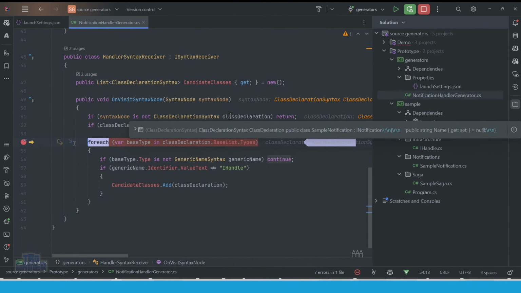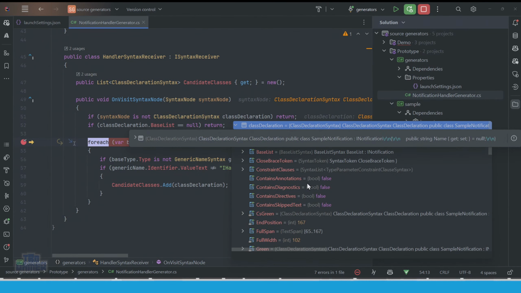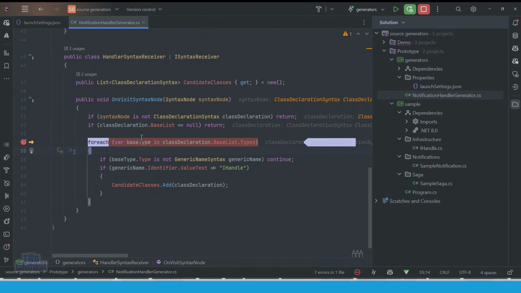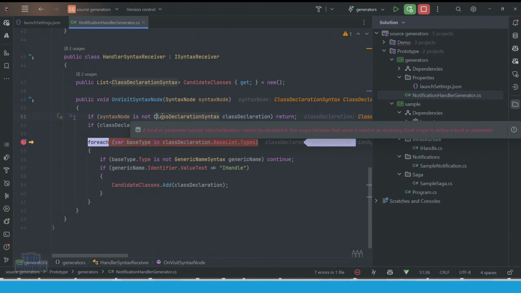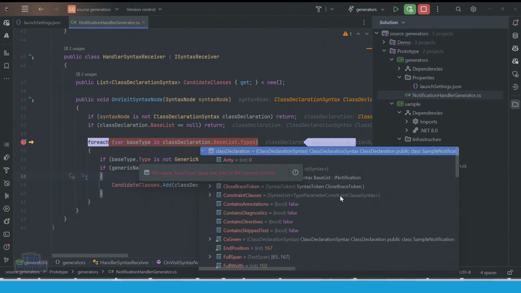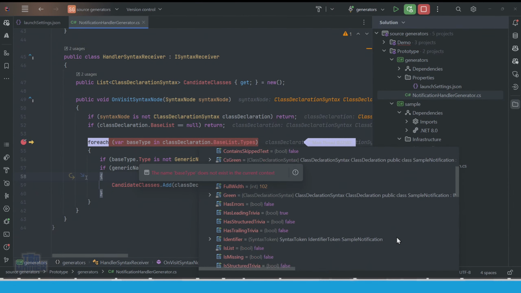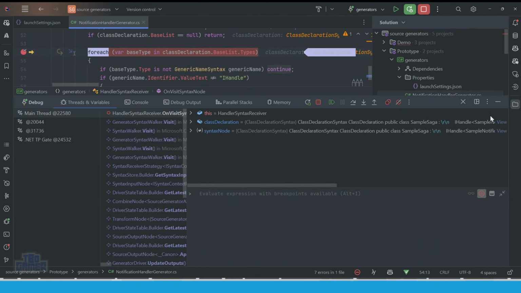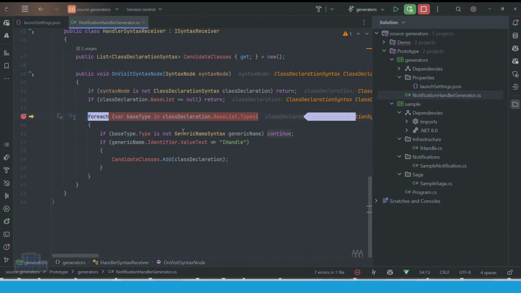Right. So we know we've got a class declaration. Our class declaration base list is INotification. Class list, class declaration, sample notification. So this is the notification class, so we don't want that one. Right? So the sample saga, this is the one we actually want, right? So if we F10,